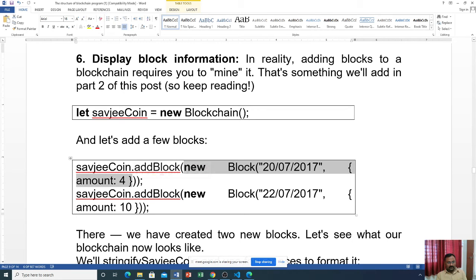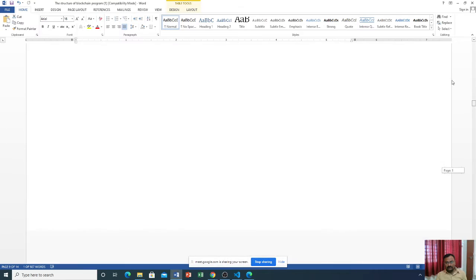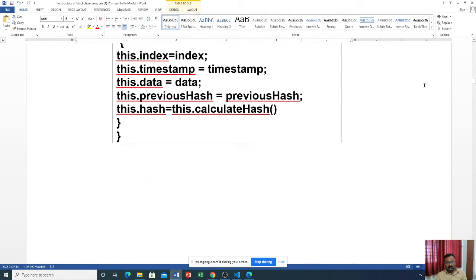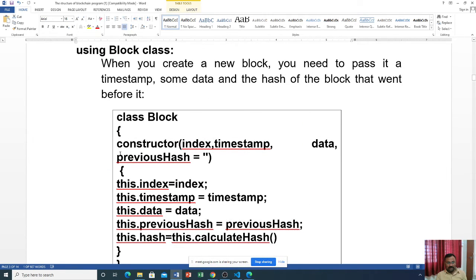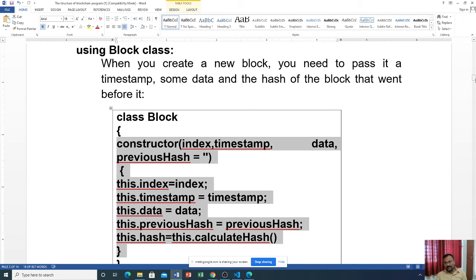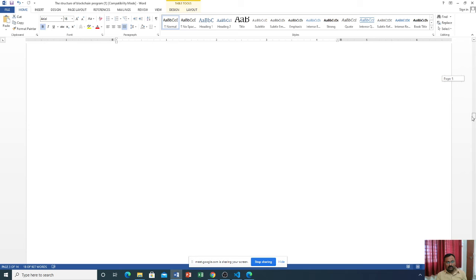The new block is nothing but the Block constructor. Go to the first one, the Block constructor you have written. It creates a block.